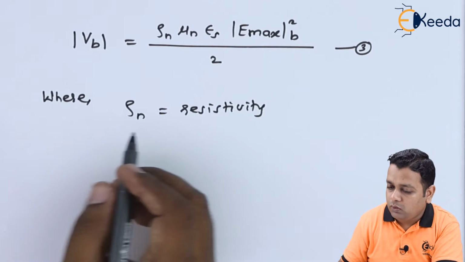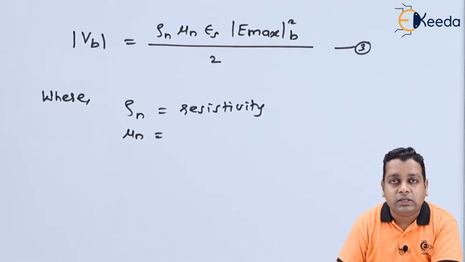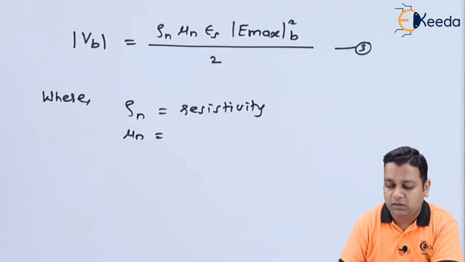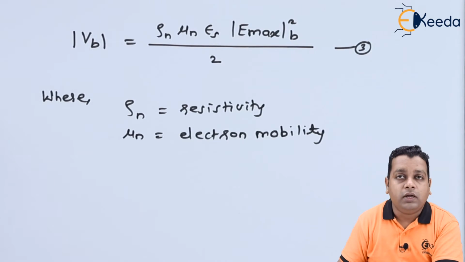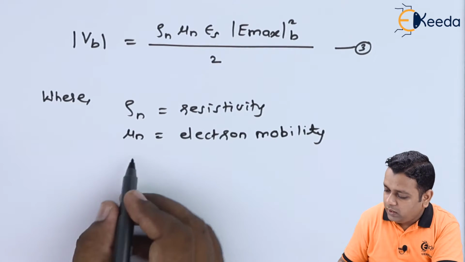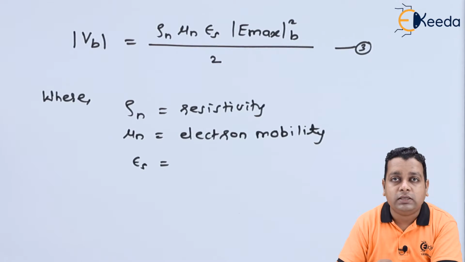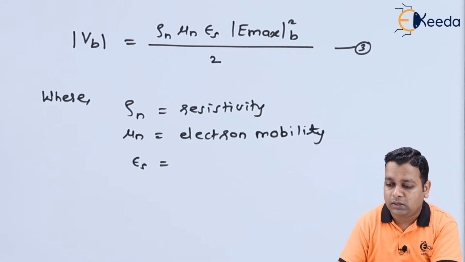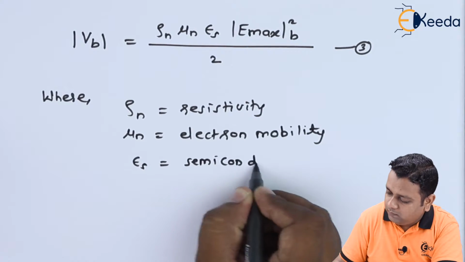Next to that we have mu suffix n, representing the electron mobility in the corresponding semiconductor. Next to the electron mobility, we have epsilon suffix s, and epsilon suffix s is the permittivity of the medium. Here the material medium is a semiconductor, hence I write semiconductor